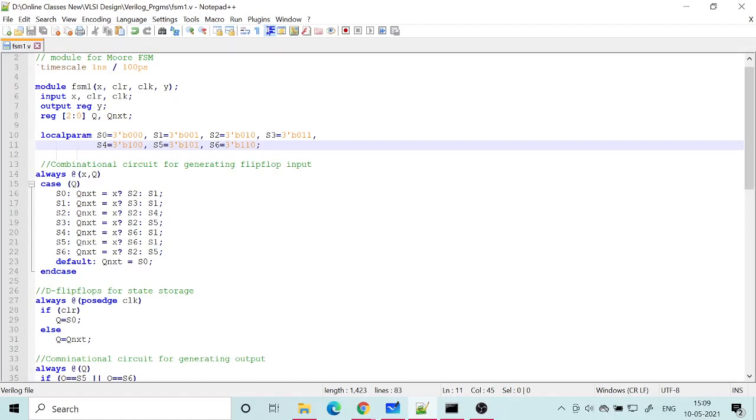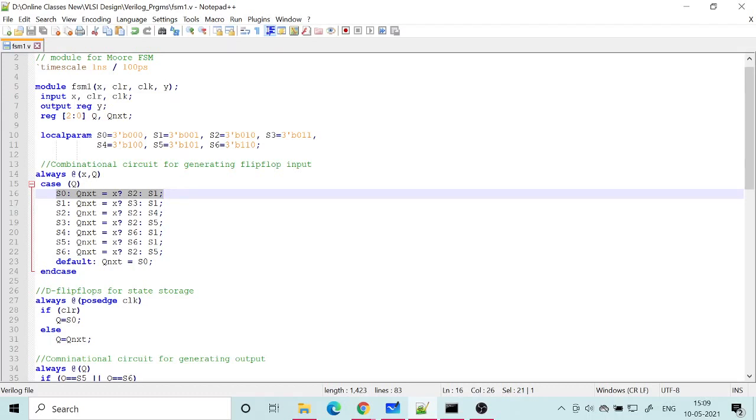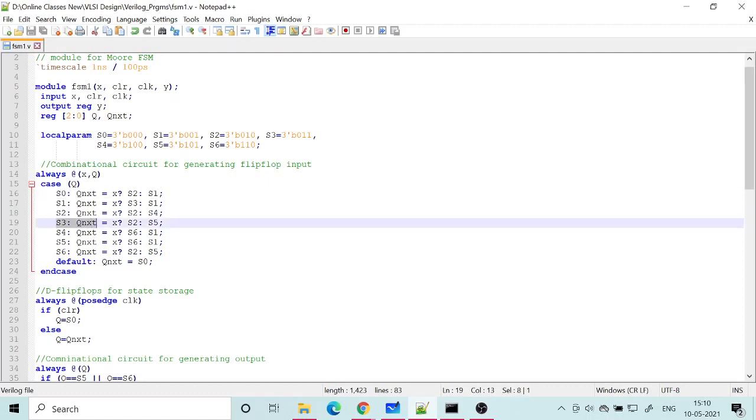For that I check what the current state is. It will be executed when X changes or the state of the flip-flop changes. Immediately it will be executed, and it looks at the state of Q. Suppose it is at 000, then the first line will be executed, nothing else. Only one of the lines will be executed whenever you enter this always block. That is how the case statement works. Depending upon the value of Q, it will choose which line satisfies the matching. If Q is equal to S0, it will execute the line corresponding to S0. If Q is equal to S3, it will execute the line corresponding to S3.